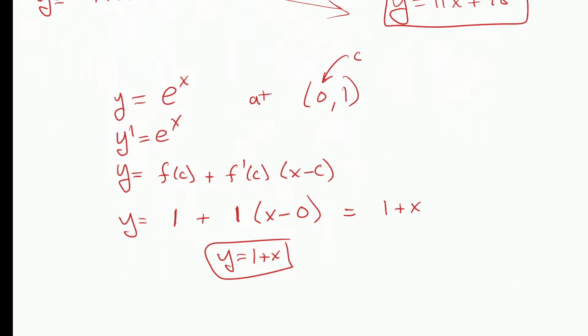By the way, one of the definitions of e to the x is that e is the number that has a slope of 1 at (0, 1). Every other exponential function is either steeper or shallower. This is the only one that has a slope of exactly 1. But getting back to this, this is the sort of start